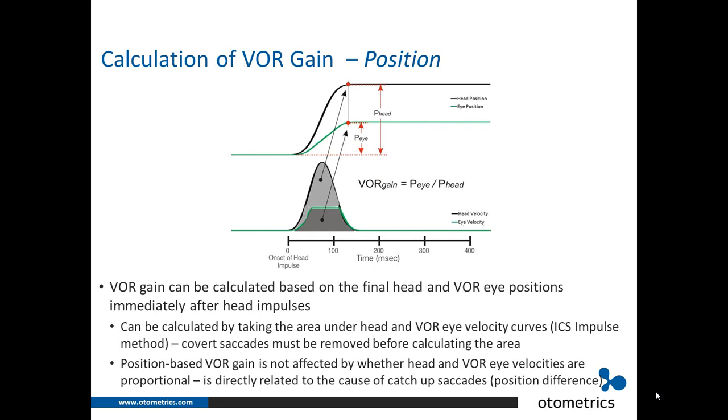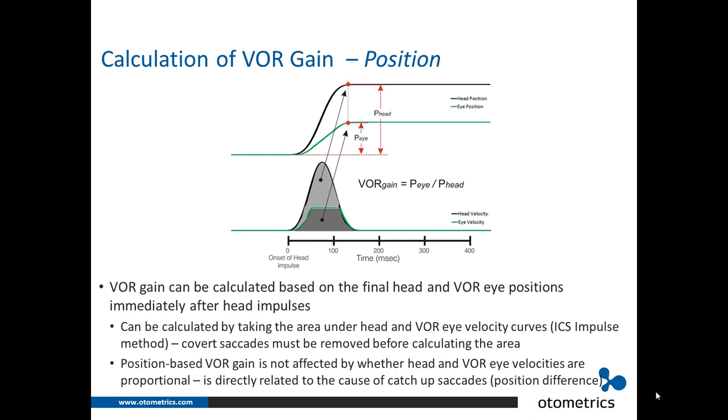To estimate the VOR gain properly, the saccade has to be removed to determine the VOR eye movement during the head impulse. This is similar to removing the fast phases of nystagmus when analyzing the slow phase eye velocity. It can be done, but the gain estimate will be affected if the software fails to identify and properly remove